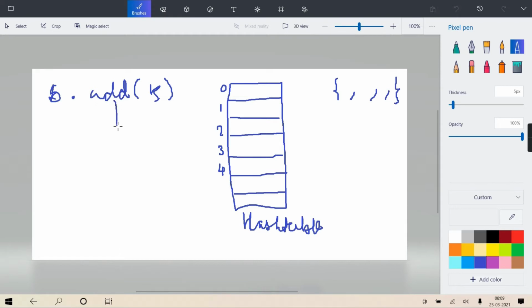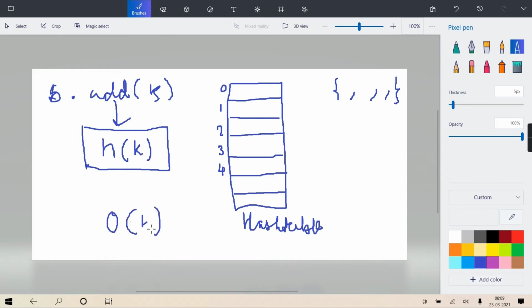What happens is internally they maintain one mathematical function. The algorithm of that function is abstract to us. We don't know what mathematical calculation it does, but that calculation doesn't take more than constant time. It is done in such a way that it takes only constant time. It doesn't take any linear, quadratic, cubic time. It is just constant time, O(1).